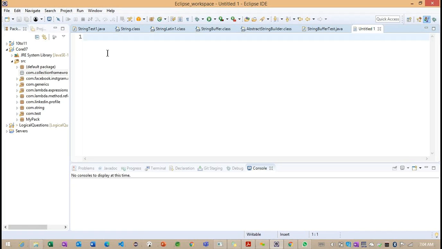Inside this file, we'll provide the information we are going to find from the collection framework. Basically, this is the collection overview. Whenever we work with the collection framework, we are going to work on a group of objects, and this group of objects is handled by the collection framework.